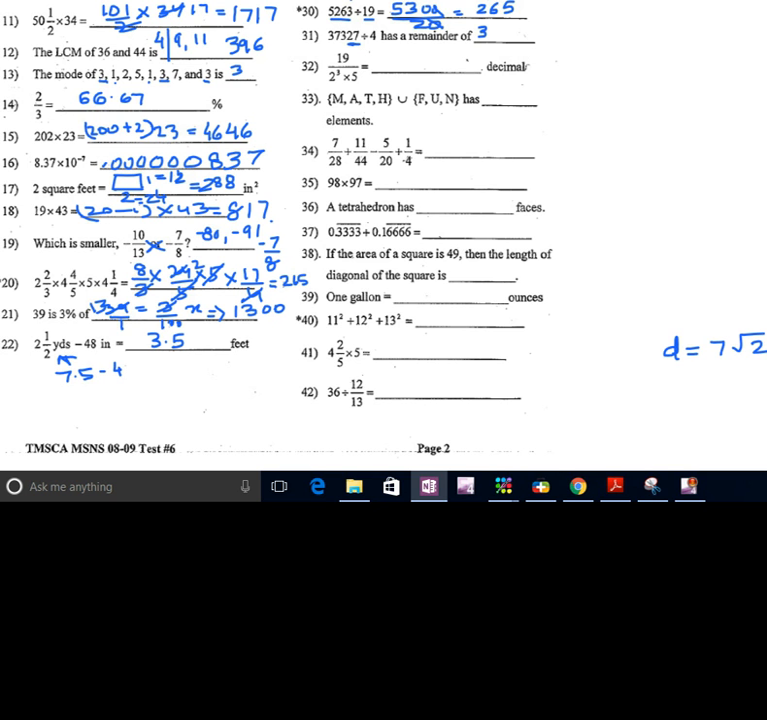19 divided by 2 cube times 5. So 2 cube is 8. So 8 times 5, right? So this is nothing but 19 divided by 40, right? So for a second, think of this as 19 divided by 4. 19 divided by 4 is actually 4.75, and because we have another 0, we have to divide the answer by 10, so the answer will be